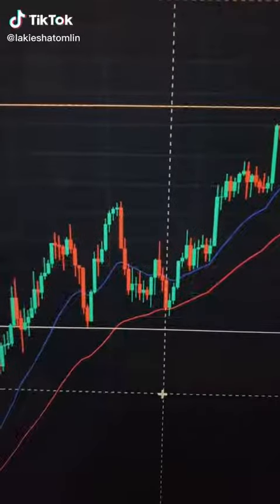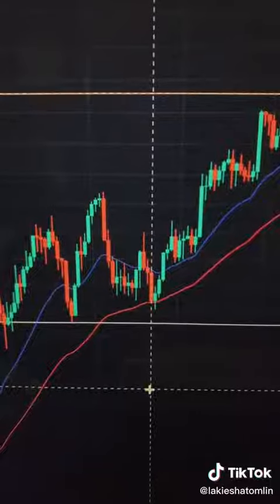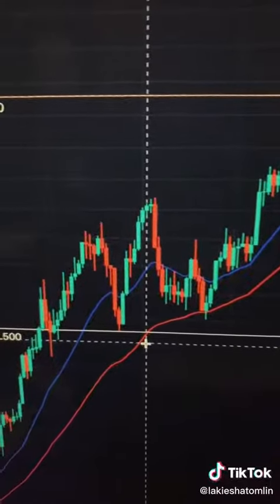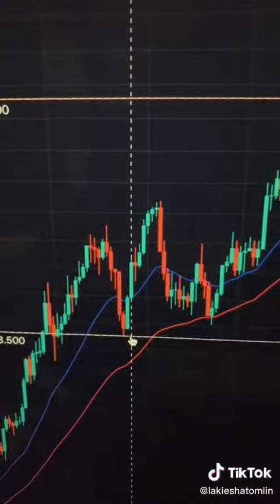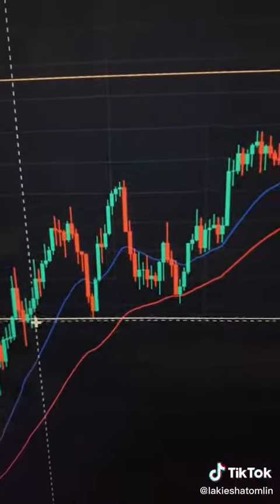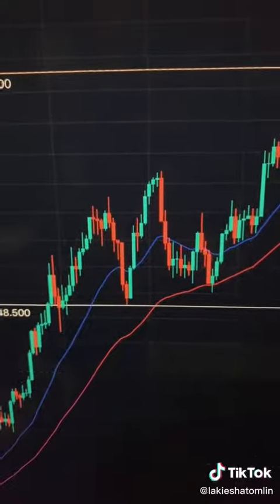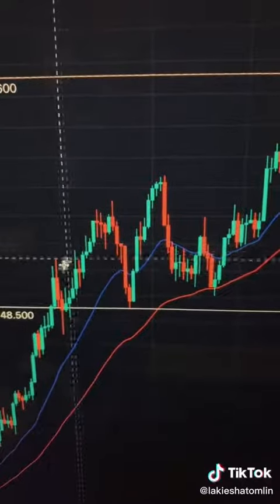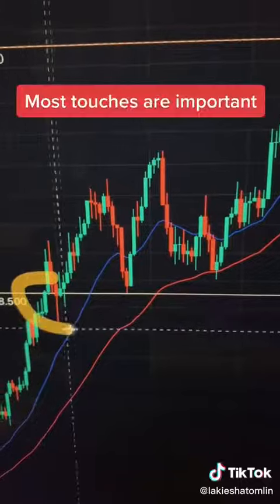So just to give a quick example of supply and demand zones, or support and resistance, here is an example on GJ, also known as GBPJPY. So basically, you can identify a support level or a demand zone based on a number of touches. If we're looking at this, I already got my line drawn out, but basically it's because I saw